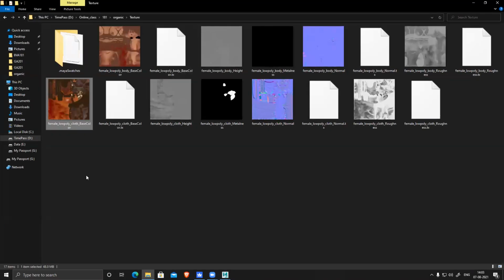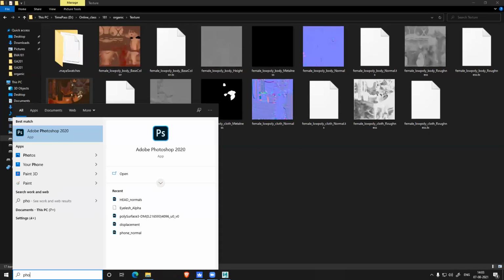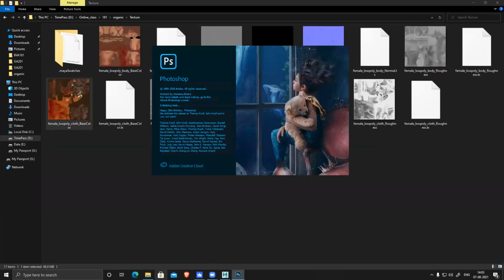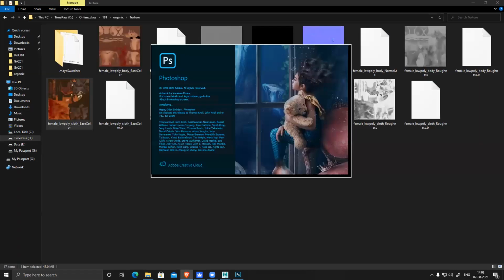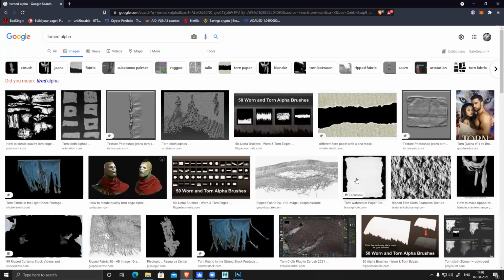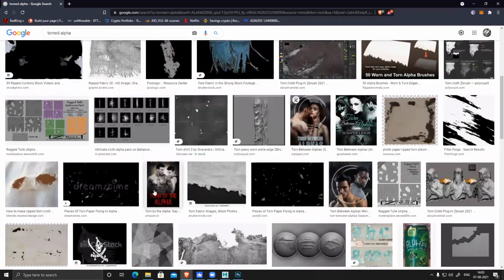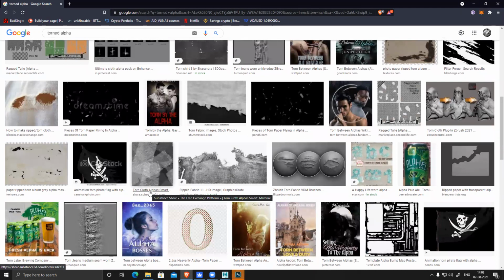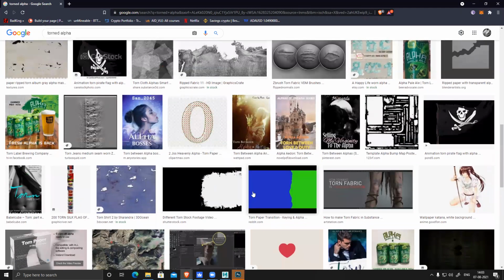You can just simply open this texture in Photoshop and search for some toned alpha. You can see, you can find a lot of alphas. And if you want, you can definitely create it manually also.